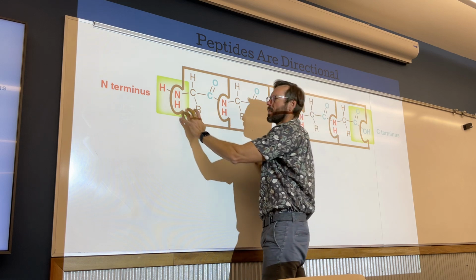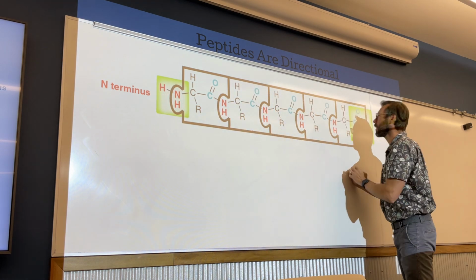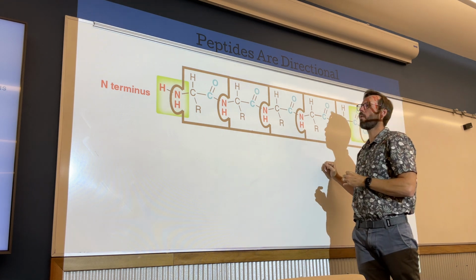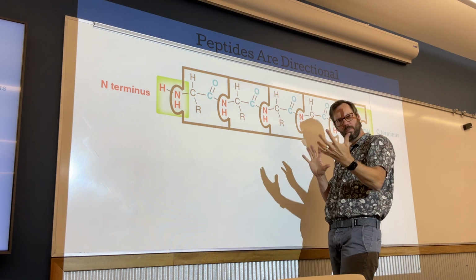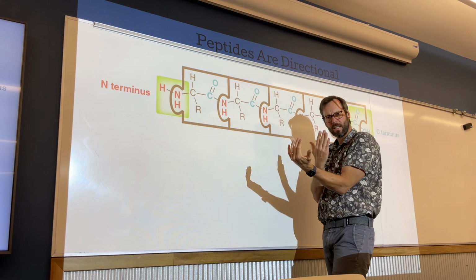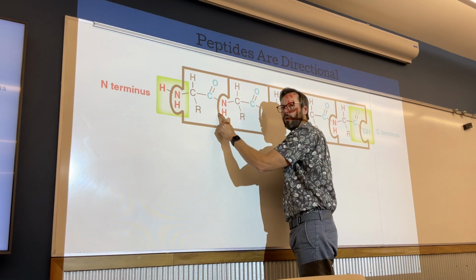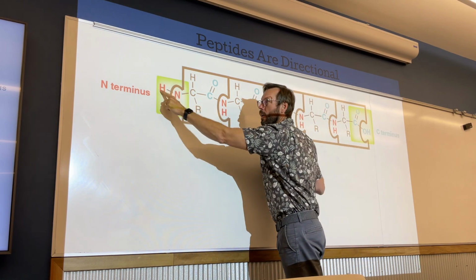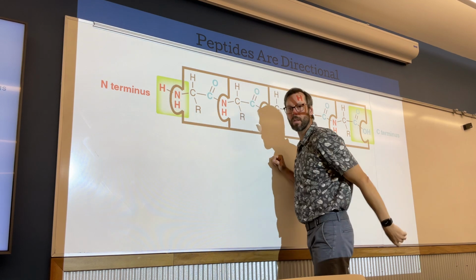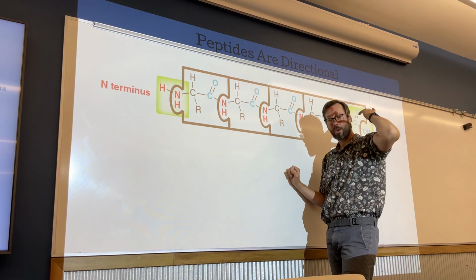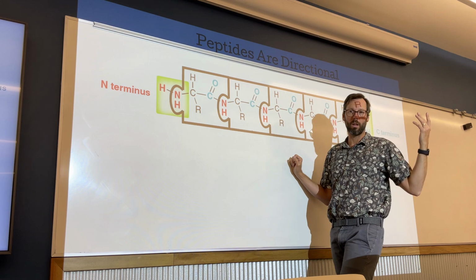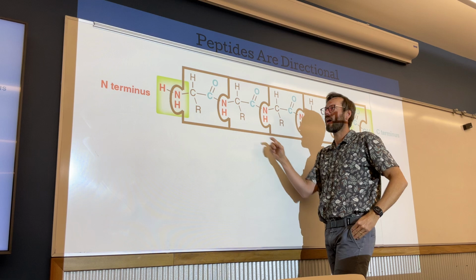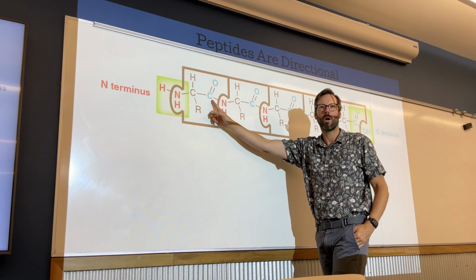Essentially, the N-terminus, like I said, is for the amine group, C-terminus for the carboxylic acid group, and what's going to happen for this synthesis to occur, for these things to come together, is the OH group on that carboxylic acid is going to pop off. And then the amine group is going to lose a hydrogen. Okay, so that's going to be a dehydration reaction. So you're going to lose a water molecule, and you're going to then stitch those together on that carboxylic acid carbonyl.